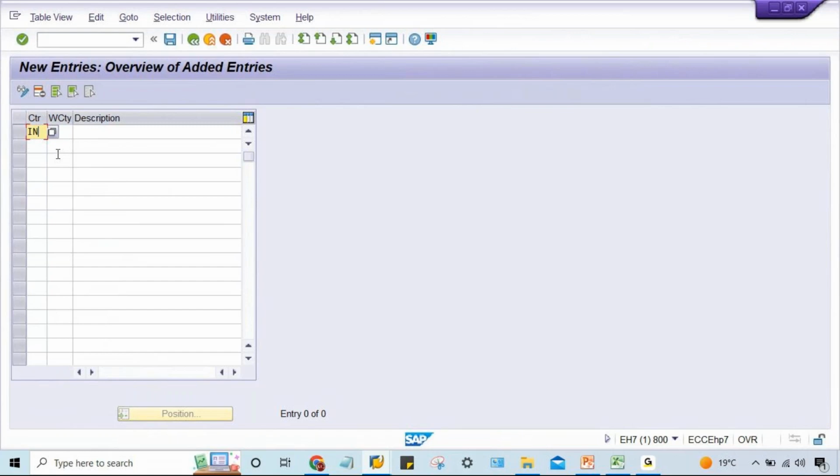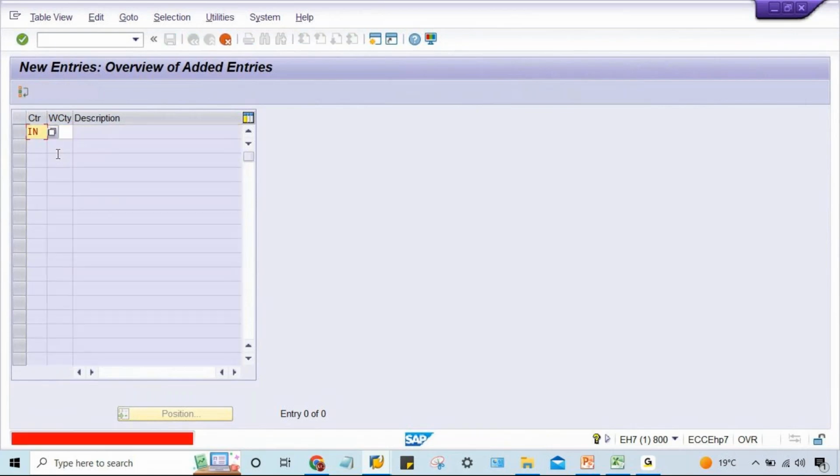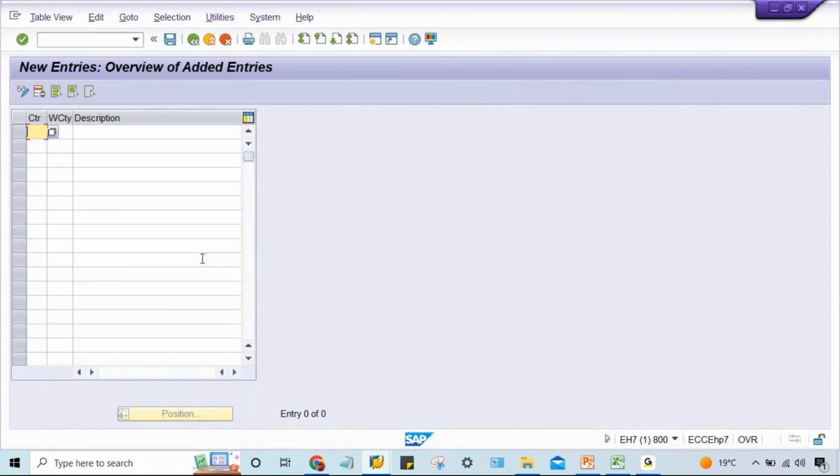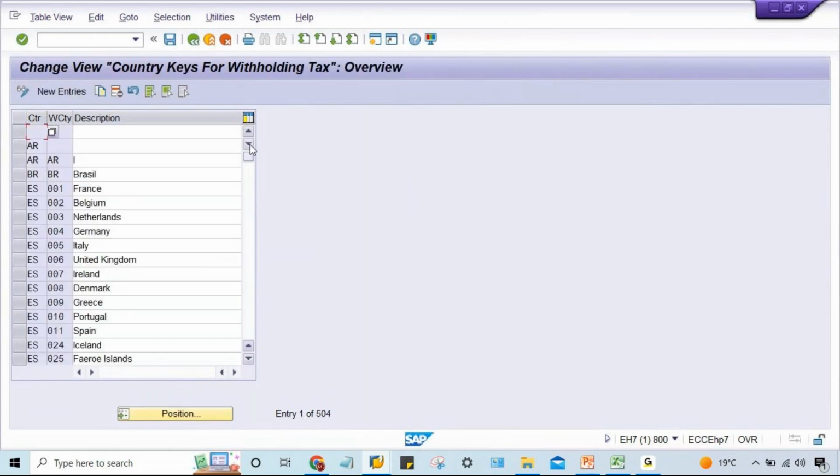You can give that country code here, and here also the same country code, no change. Since it is already given by default in SAP, there is no need to go for this setting because it will be available here, right? Simply I'm explaining here, country specific, in the sense the country is already assigned here, so you can ignore it.